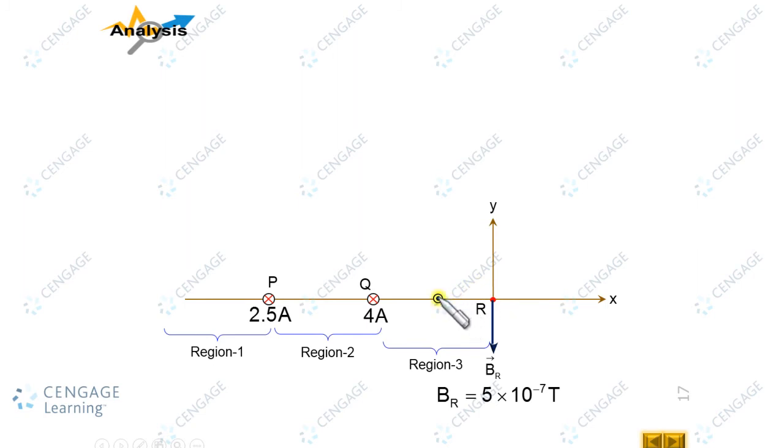Let the position of this wire from R be X, and its magnetic field should be in this sense. That's the only way the net magnetic field is in this direction. This and this can make the magnetic field at this point zero. That means the wire should be placed in region 3 and the current should be outward.